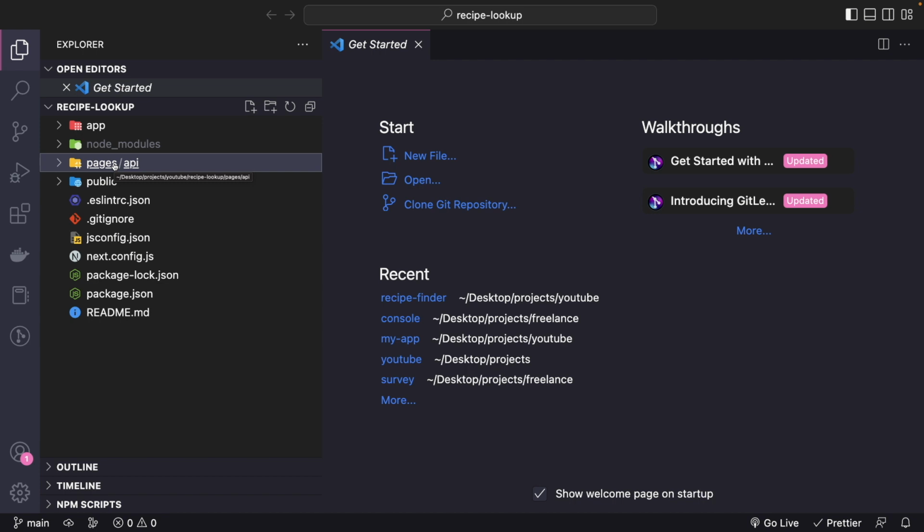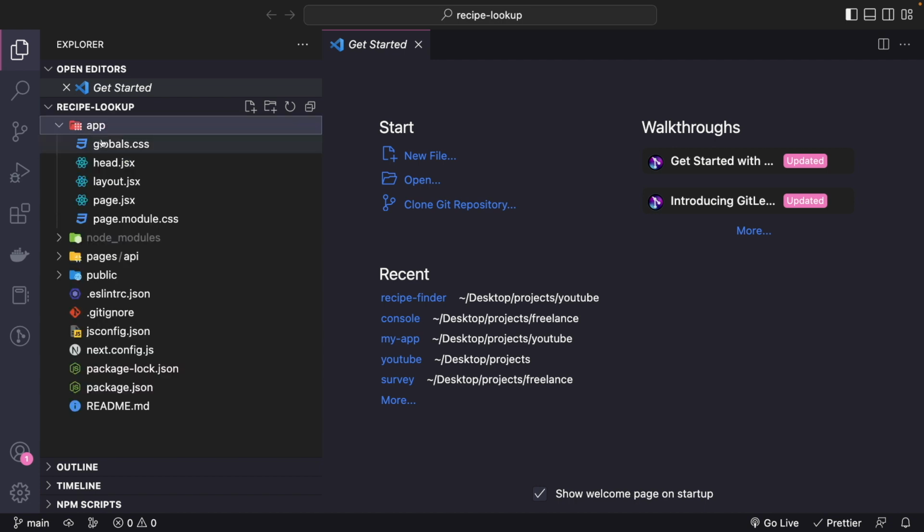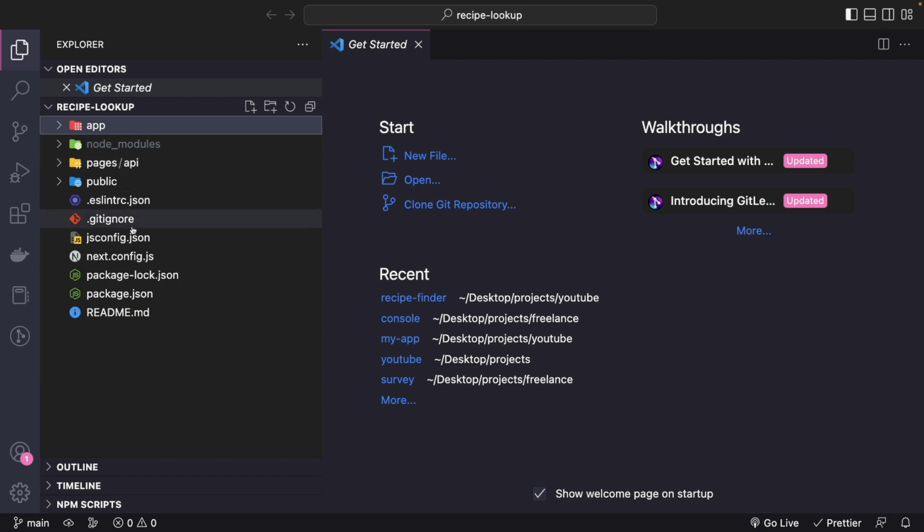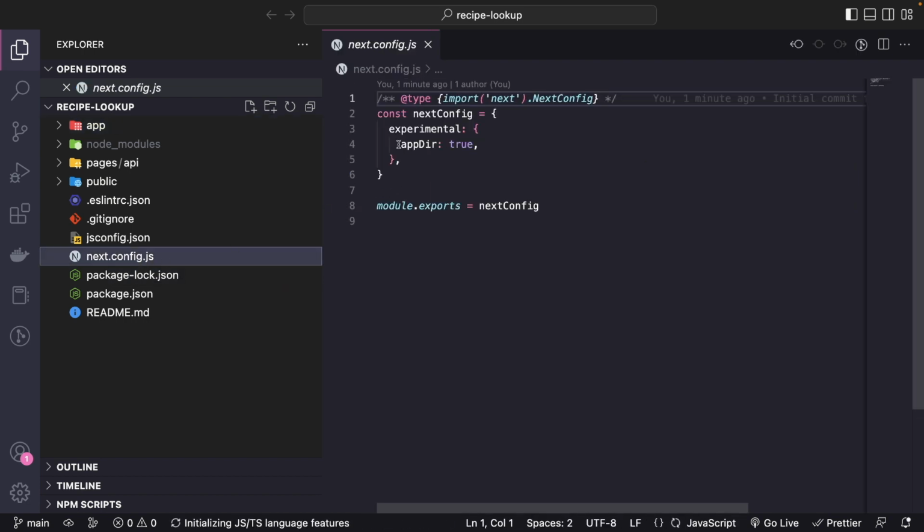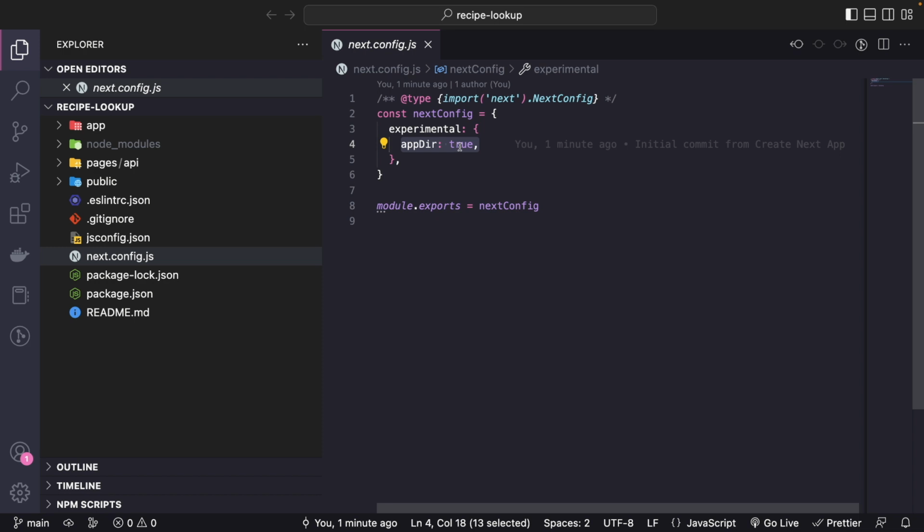It's backwards compatible, but if you do want to use Nextjs 13 experimental features, you'll have to create your pages under the app folder, like how it is right now. And I'll show you how these features are enabled as well. So if you go to next.config.js,